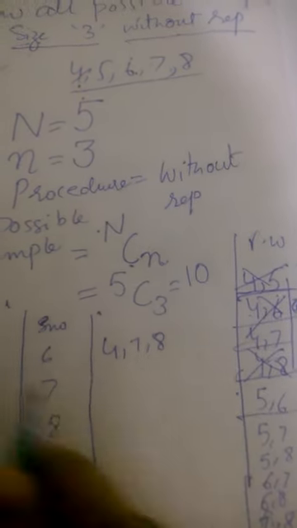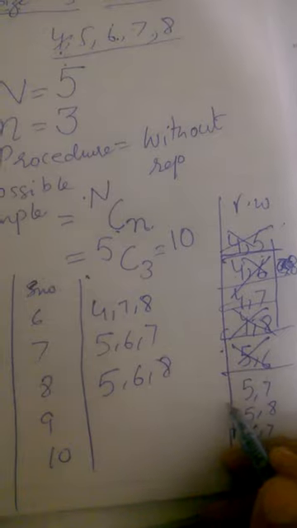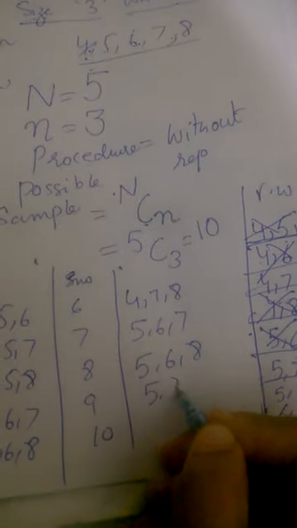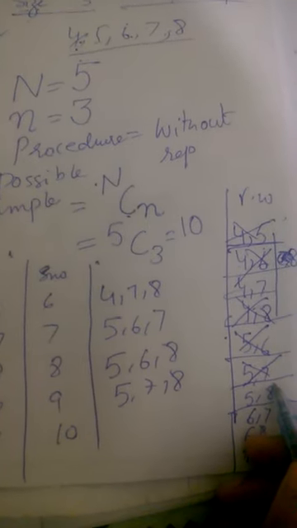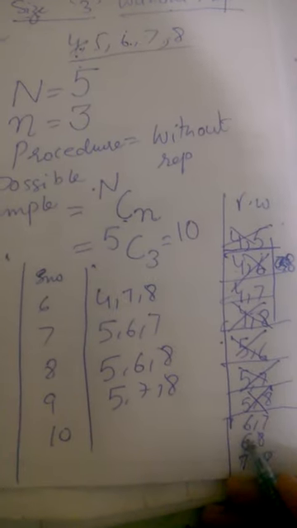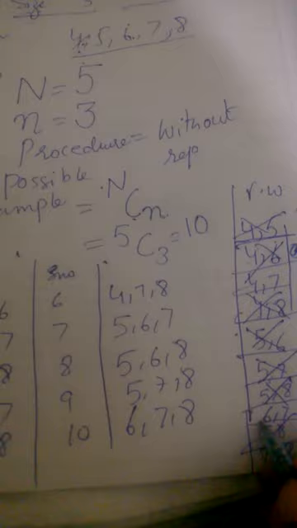Okay, now we will take 5, 6. 5, 6 is assigned with 7. 5, 6 is assigned with 8. Okay, 5, 6 is also discarded now. Now take 5, 7. 5, 7 is assigned with 8. Now 5, 7 cannot be assigned with anything beyond that. 5, 8 will be automatically discarded because it is not possible. There is no element beyond 8. Then 6, 7. 6, 7 will be assigned with 8. Then 6, 8 is already discarded because no element after 8, and 7, 8 is already discarded.